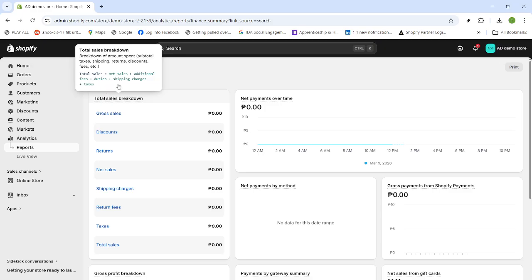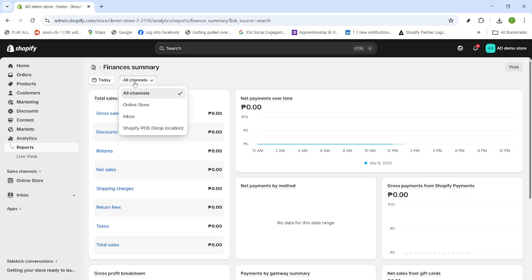by different filters. A quick tip as you work: analytics can take a short moment to update right after a sale or refund, so if something looks off, refresh and check again. And remember, printing or saving a PDF preserves exactly what you see on screen, including your chosen filters, which is great for handoffs and audits. That's it. You've navigated, filtered, reviewed the highlights, refreshed